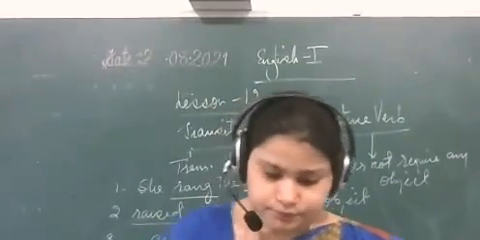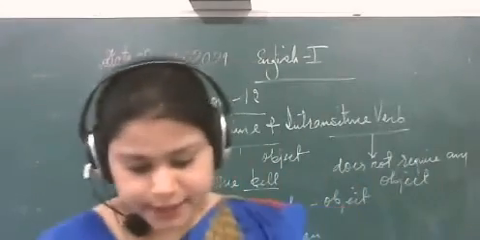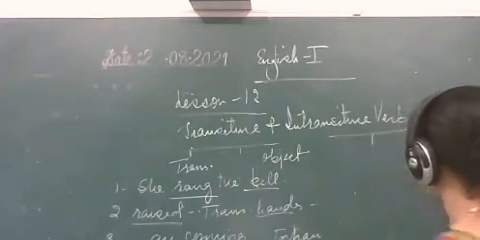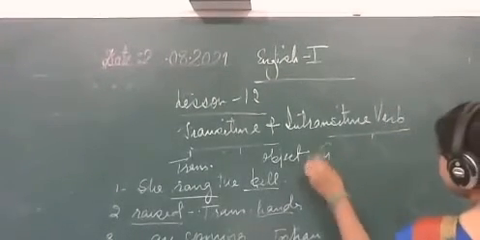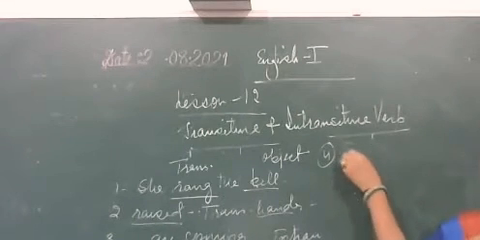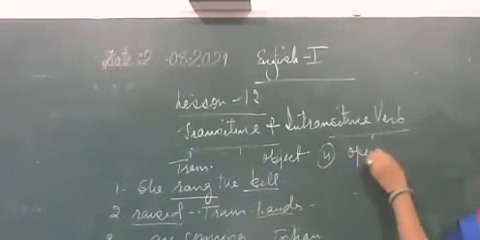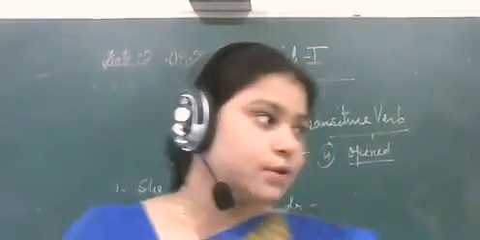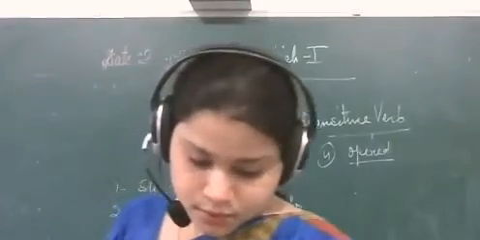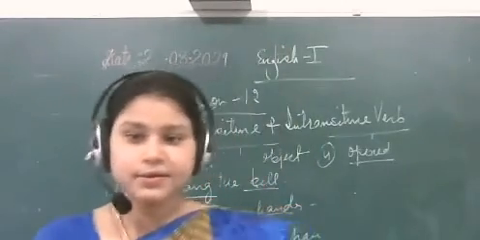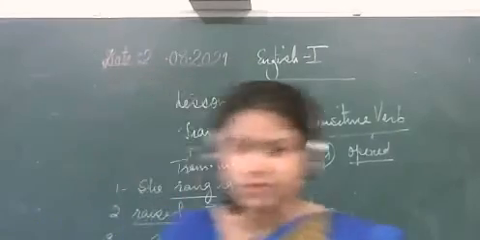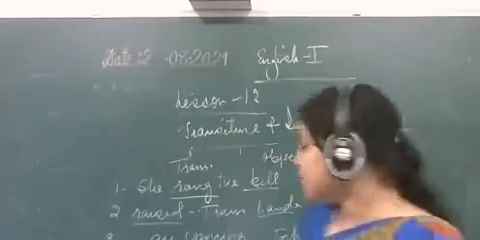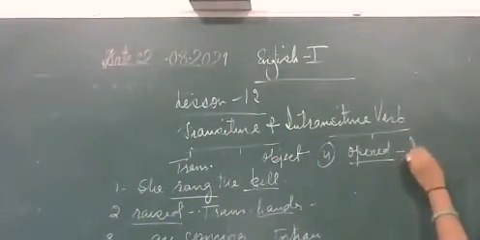Okay, very good. We will go for the fourth one, that is the door opened suddenly. I will write the fourth one here. Here, opened in this sentence, students, you do not get any object. So the door opened suddenly is an example of an intransitive verb. There is no object, and where we do not get any object, that is the part of an intransitive verb. So that will be intransitive verb.